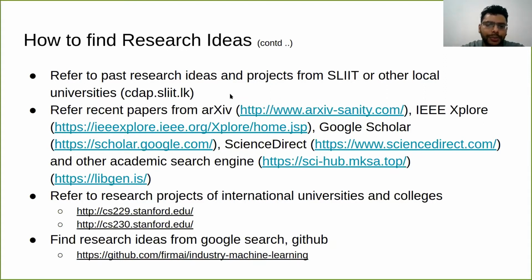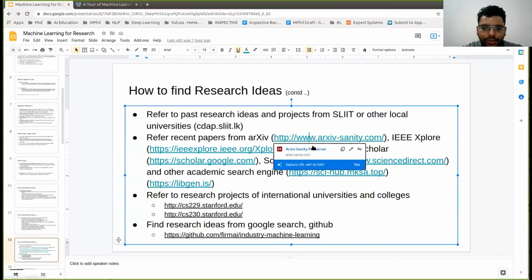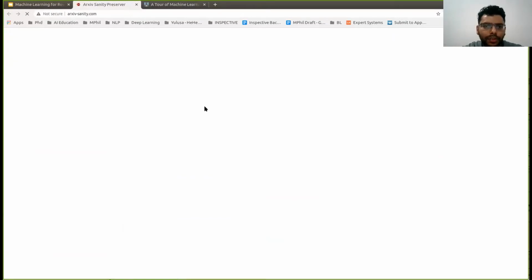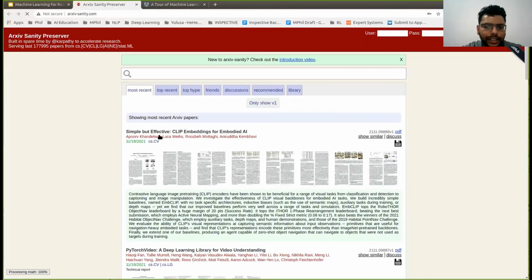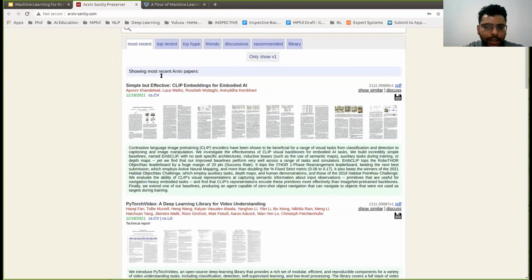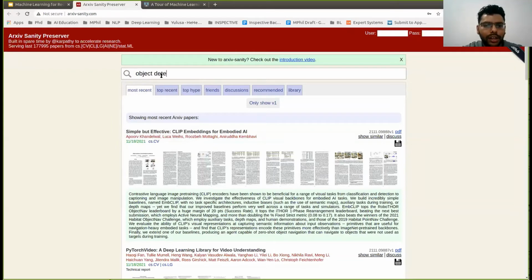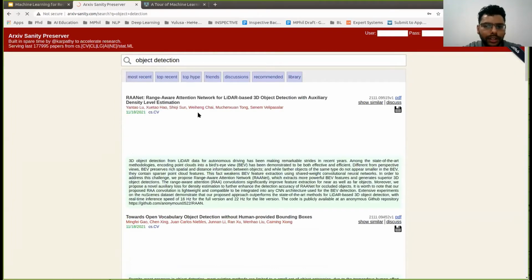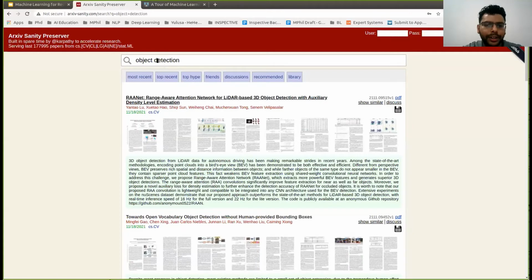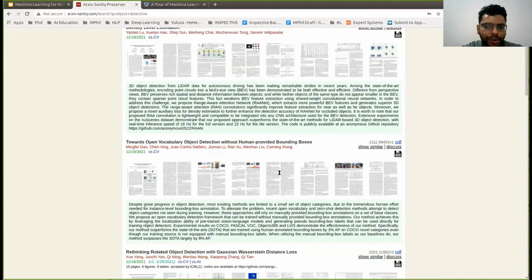There are websites like Arxiv Sanity, where you can see what the recent papers are, and if you want to look for any paper like object detection, it will show the most relevant papers to that problem or application, and you can read more on that paper if you're interested.